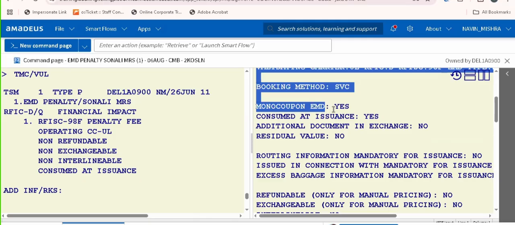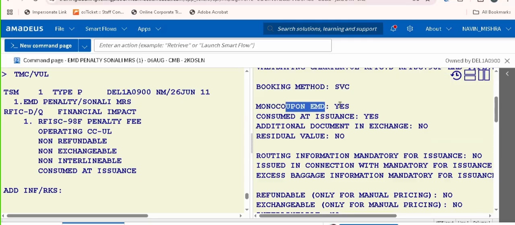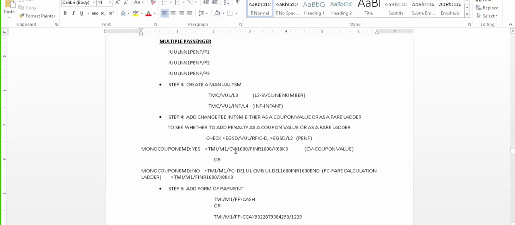So if you are going to add any financial impact service and it is showing you that mono coupon EMD is yes, it means you have to show the penalty amount. Since we are discussing only the penalty amount, it means that we have to show the penalty as a coupon value. And how do I show the penalty amount as a coupon value? With the command CV hyphen the penalty amount. Okay,